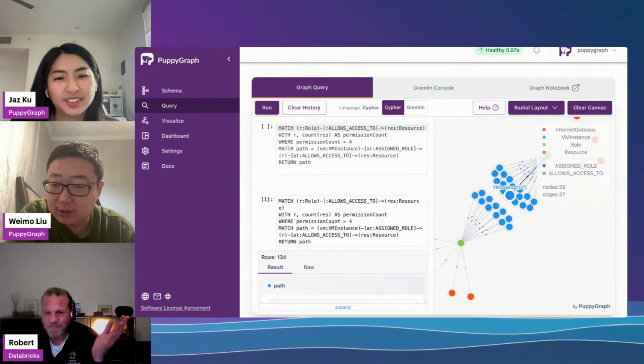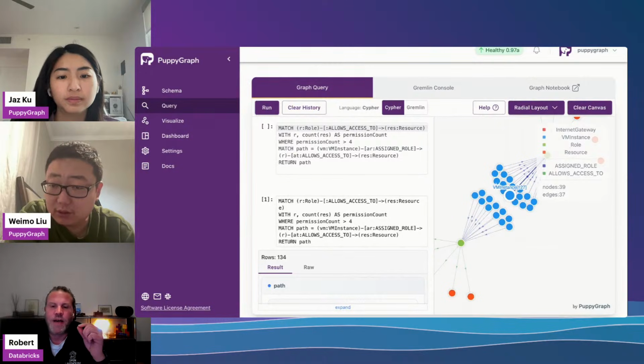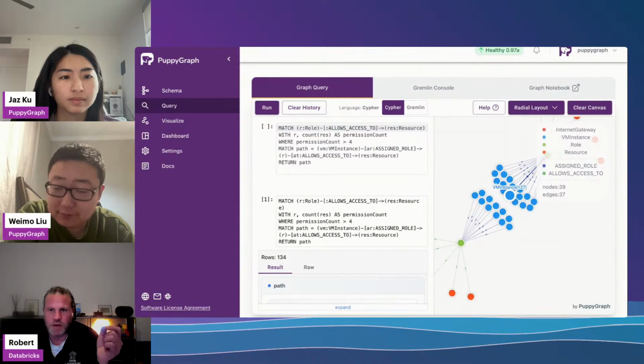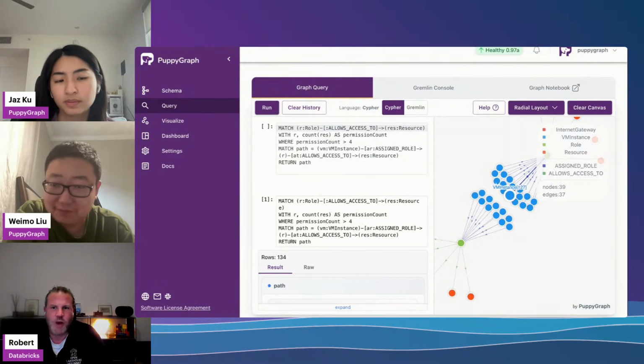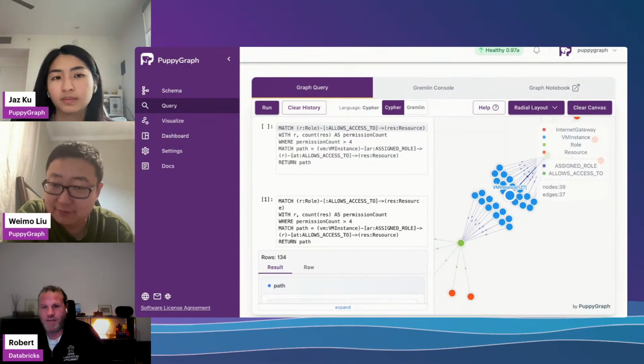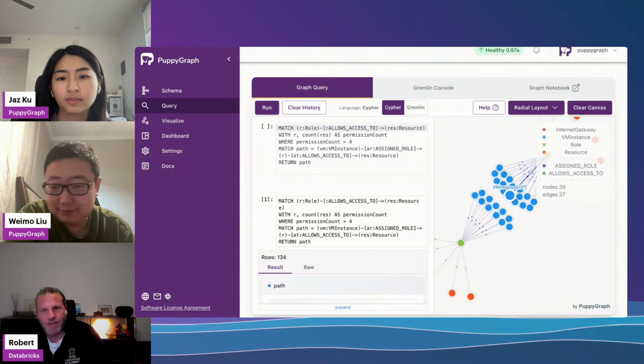But yeah, I found that getting to valuable insights with graphs is a non-trivial challenge, because you need to iterate, but you also don't want to overdo things. One of the great strengths of the graph is also the weakness, because you can model so much. You have so much freedom there, and nailing down the right graph model, as you mentioned earlier, is hard.